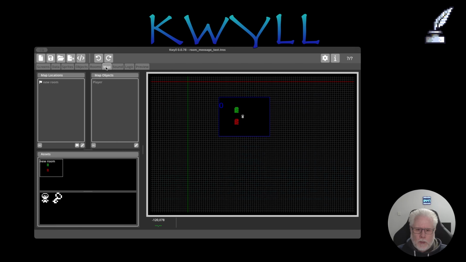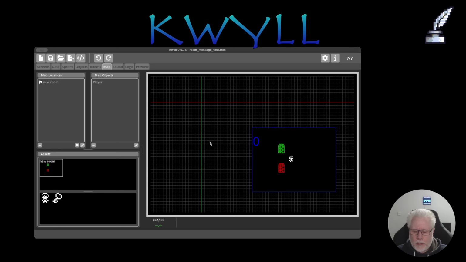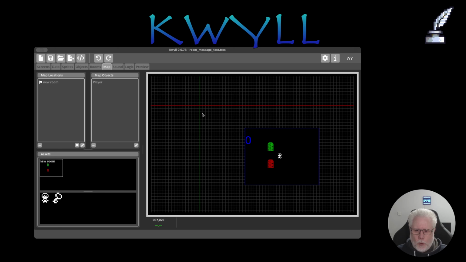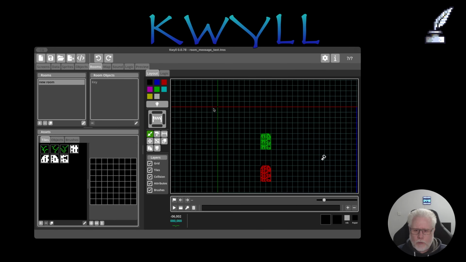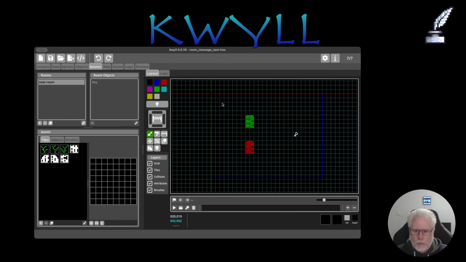So I'm going to be updating the documentation to hopefully explain a little bit more. There are only 2 at the moment in Kwyll: map coordinates and room coordinates. But to support that, I've put these axes in, which show where the origin, the 0 point of that coordinate system is. So in a room, the 0 point of the coordinate system is the top of the room,